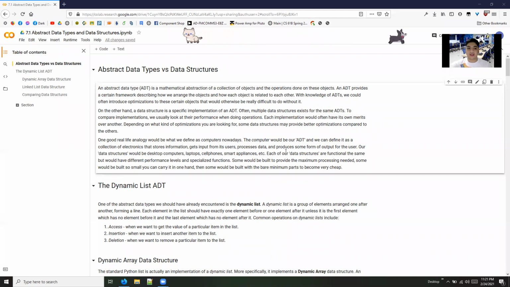So for this week, our focus will be on linear data structures. But before we go into that, let's talk a little bit about abstract data types and how they are related to data structures. You may have had an introduction to this, but let's talk about it a little bit more to understand the future lessons in this